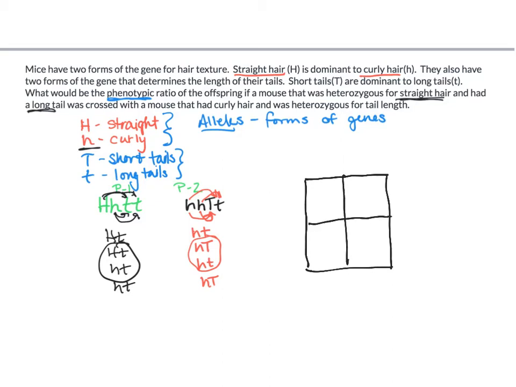And we would just put all of our possible allele combinations beside the box. So if this is parent 1 over here, and this is parent 2 over here, we would put parent 1